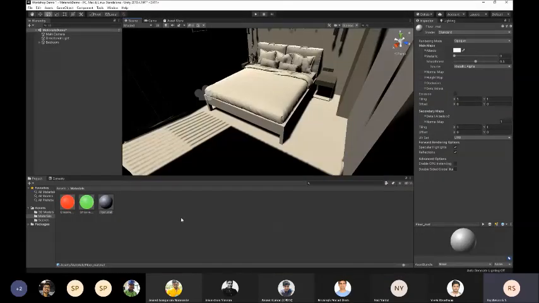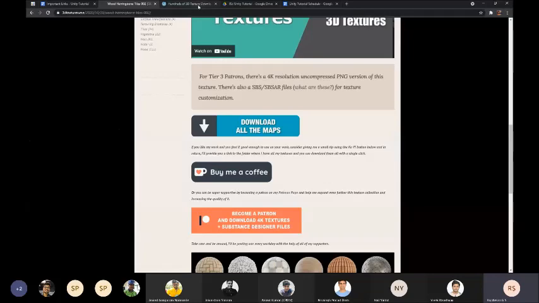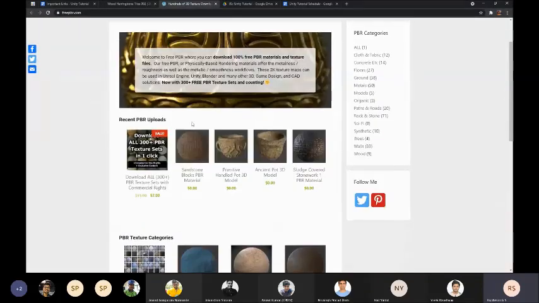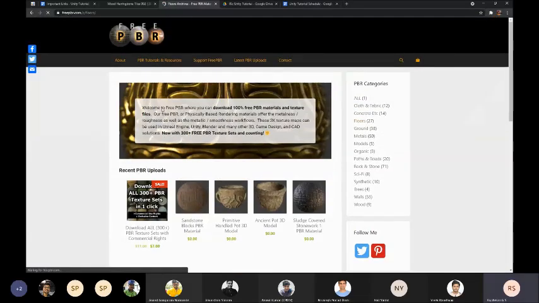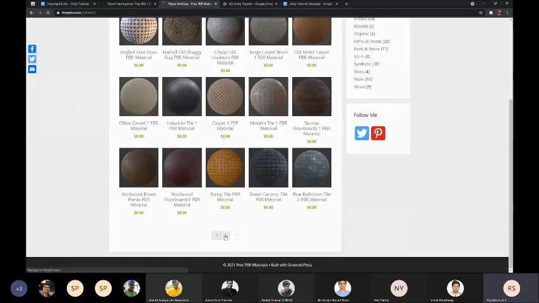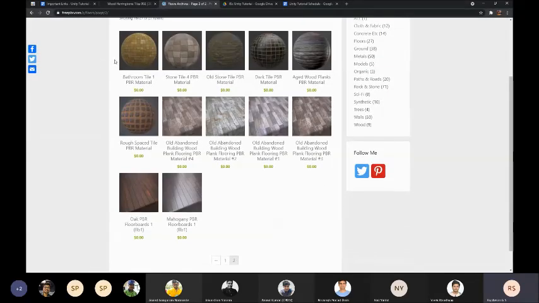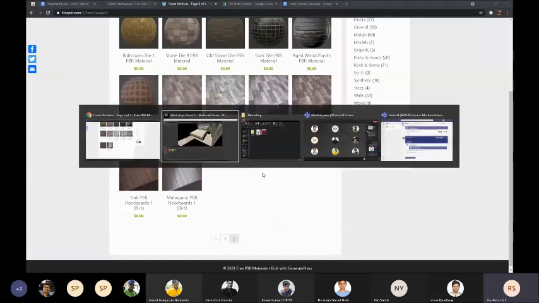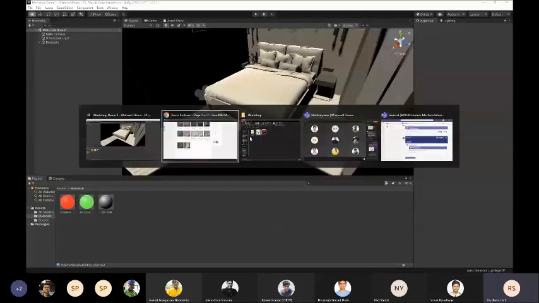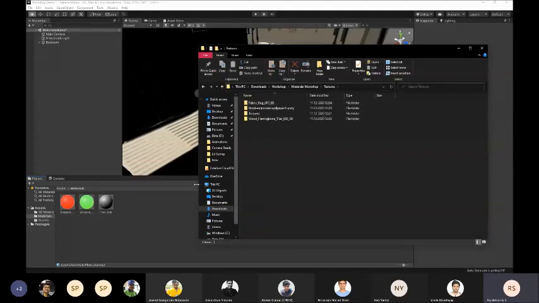those PNG images into your Unity project. On the other side, you can also look here, floors. You can select whichever texture you want, so you can be creative. I've already downloaded the textures that I need for this room, so I'll import that now. I have it here in materials workshop.